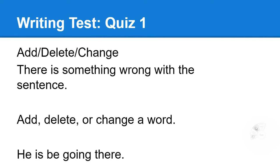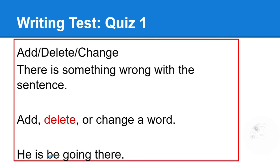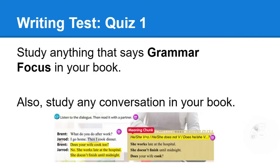All right, and then we need to delete something. "Be" is not a correct sentence. He is going there. He is going there. Okay, so study anything that says grammar focus or meaning chunk. Grammar focus or meaning chunk. Those two are the most important part of your book, and that's maybe where the wrong word order sentences are